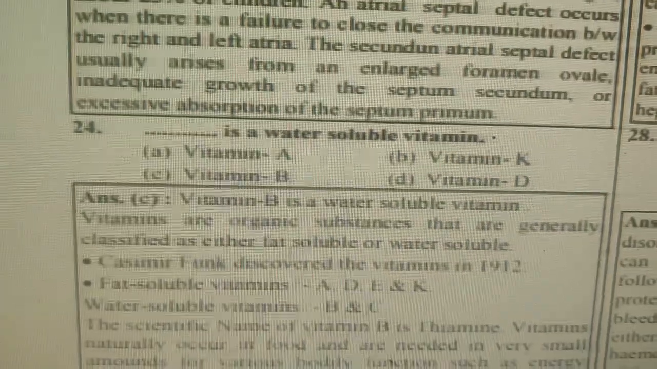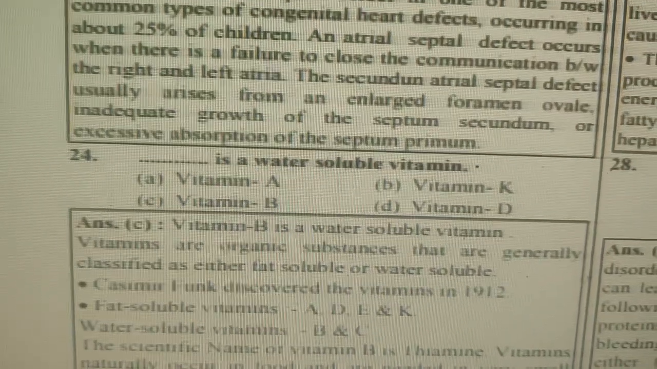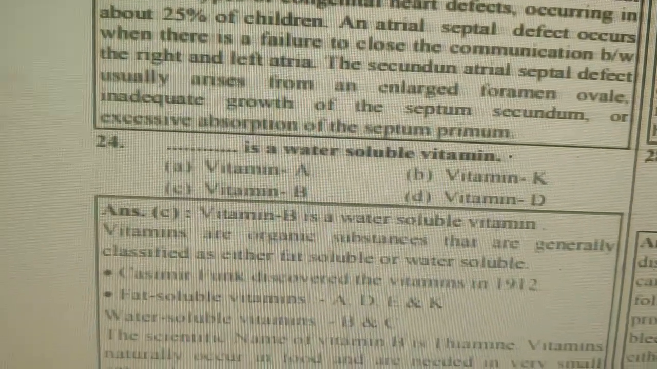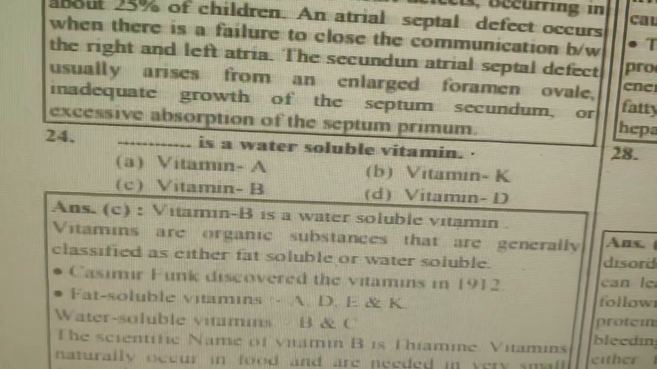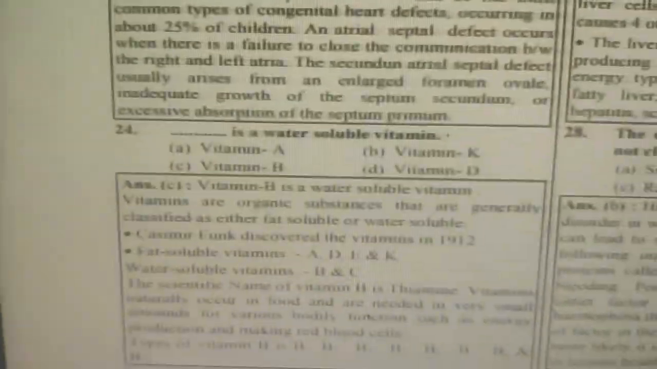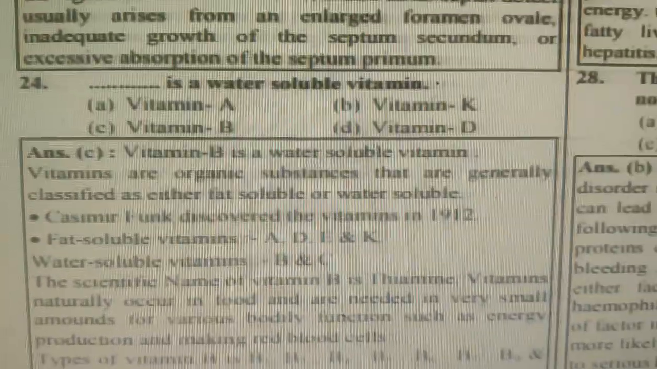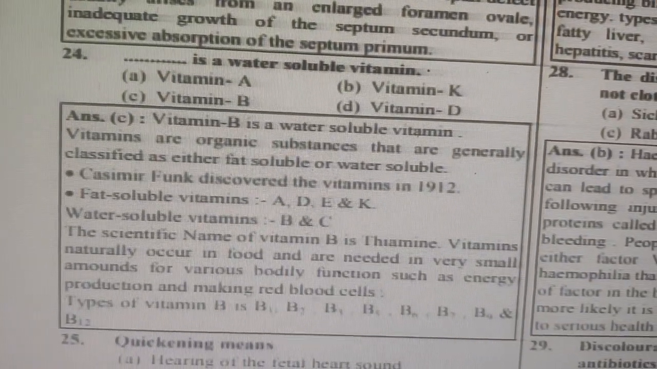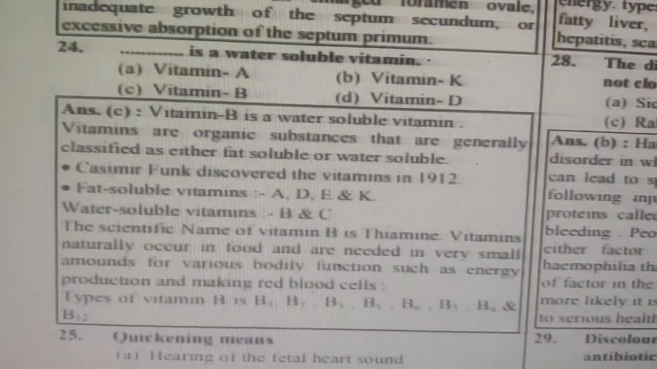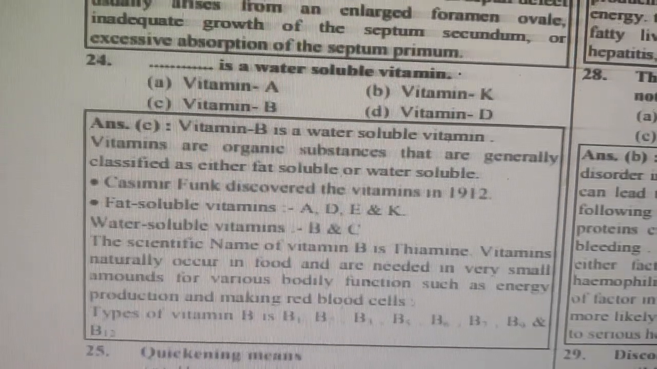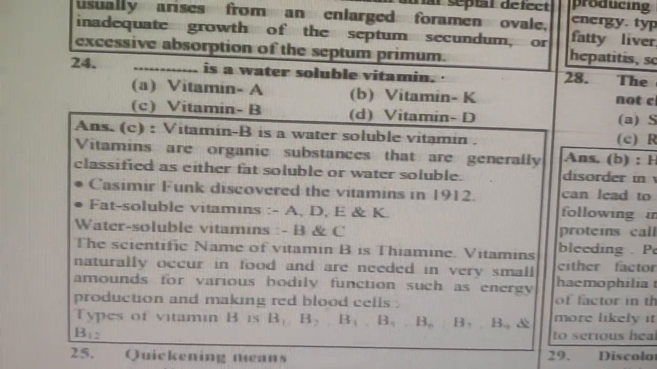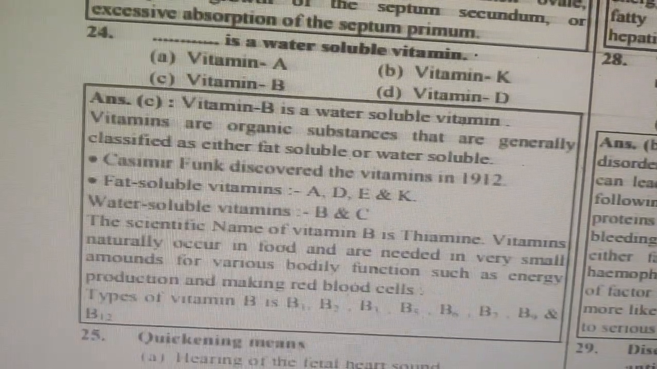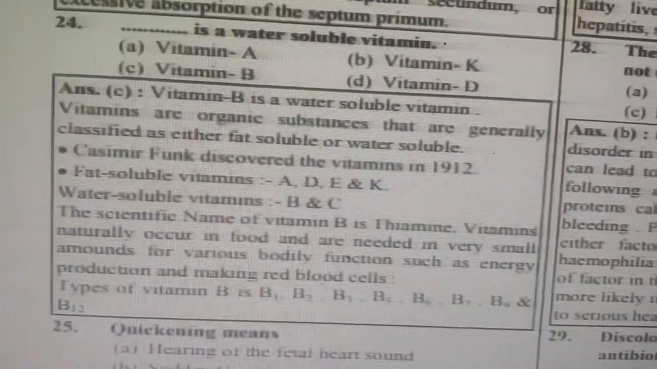24. It is a water soluble vitamin. Option A, vitamin A; option B, vitamin K; option C, vitamin B; option D, vitamin D. The option C is the right answer. Vitamin B is a water soluble vitamin. Vitamins are organic substances that are generally classified as either fat soluble or water soluble. Casimir Funk discovered the vitamins